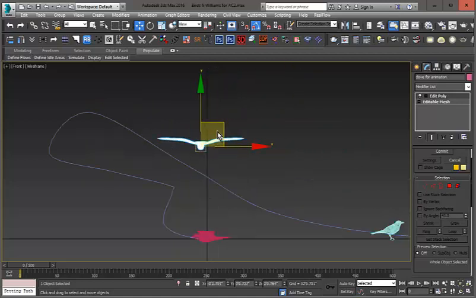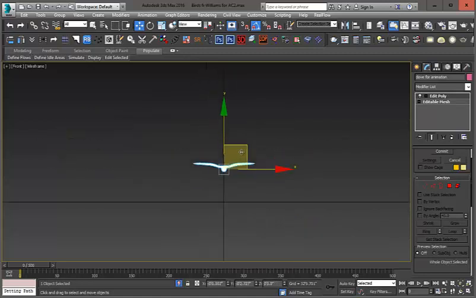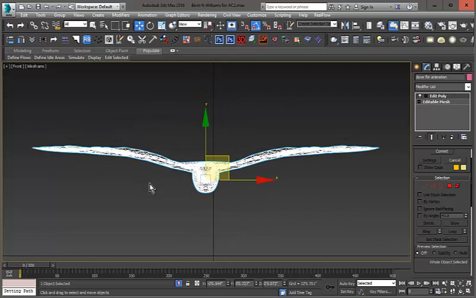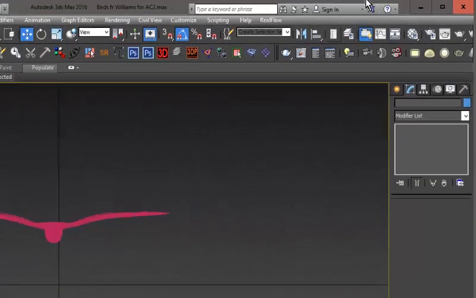Just gonna get it out of the way, or maybe what I'll do is just isolate it. So right click and isolate selection, so I just have this bird to deal with. And then I want to change my background, my viewport background. So I'm gonna grab that picture that I just saved,